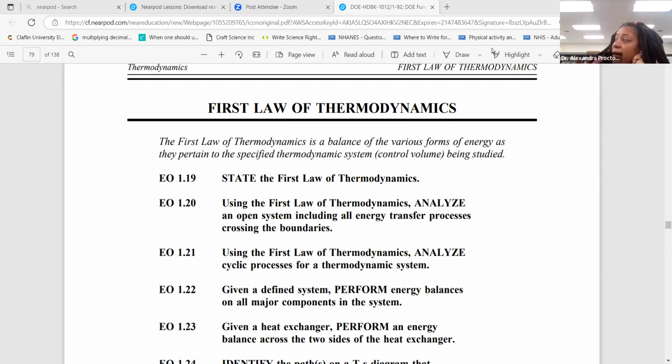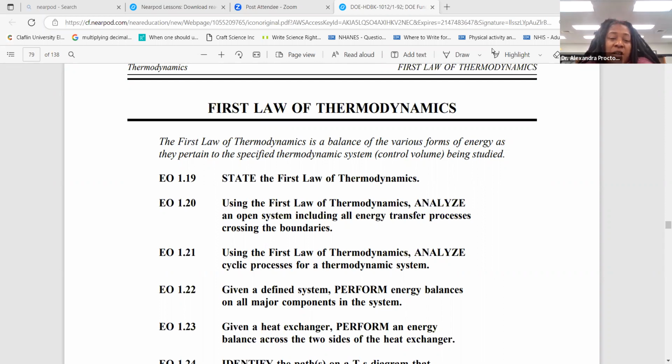Now we're going to talk about the first law of thermodynamics. And this law is a balance between the various forms of energy as they pertain to a specific system that you're studying. So some of the objectives for this chapter is that they're going to state the first law of thermodynamics, use the first law, analyze the open system,